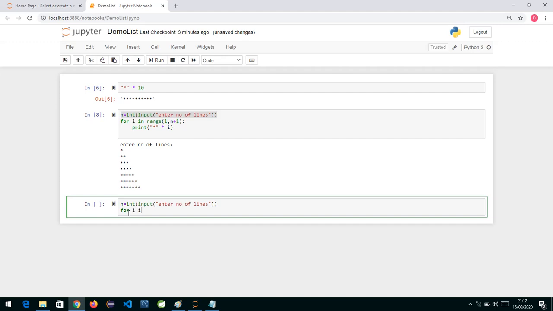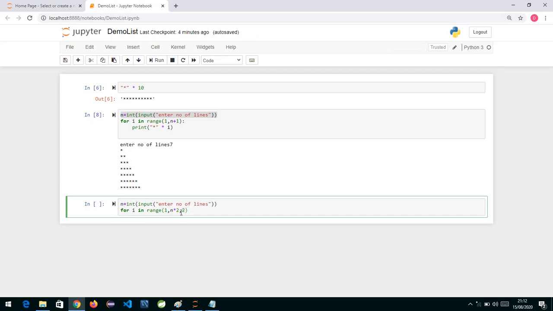For i in range, I'll start with 1 comma n, sorry, n into 2, that is number of lines into 2, and increment by odd. Initially it will be 1, in the second pass 3, in the next pass 5, and so on. This is the step I have given in my range function.